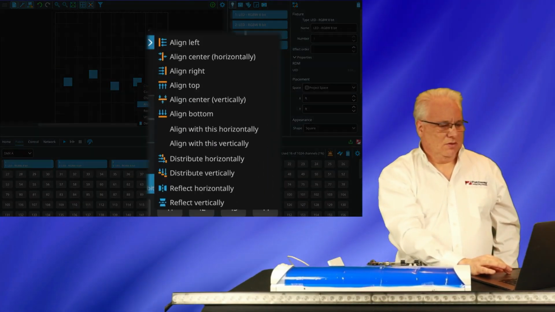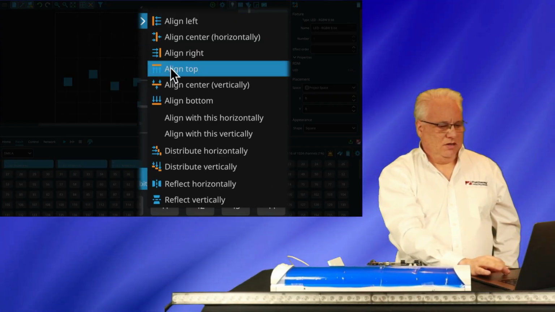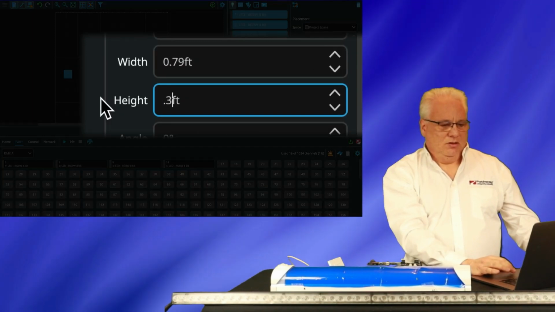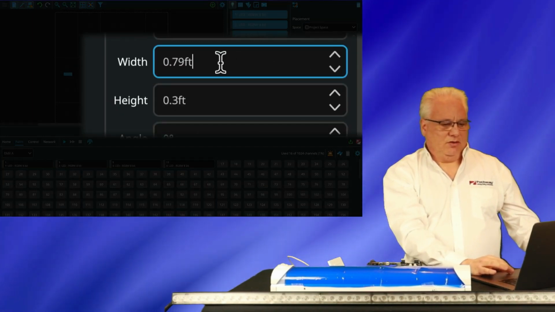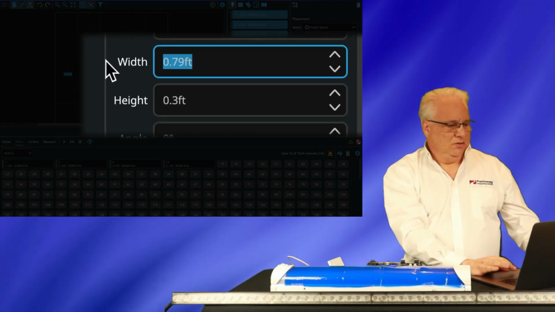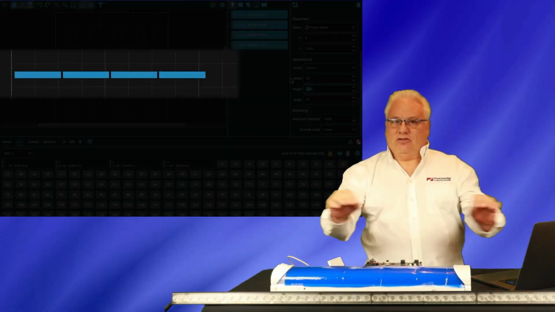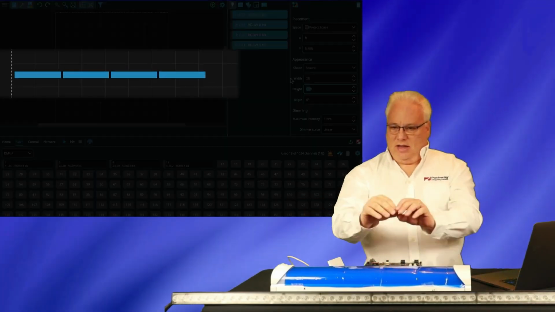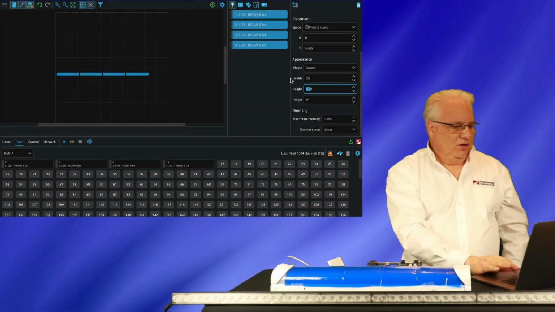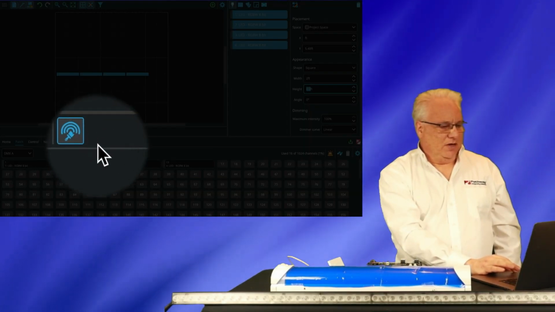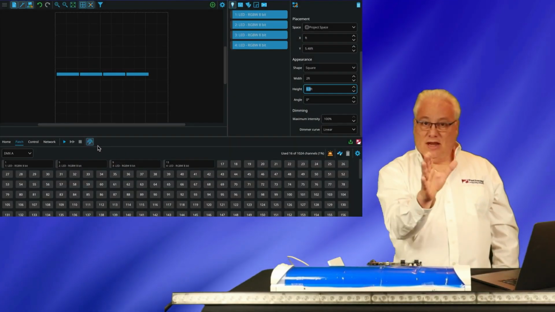So I will align these to the top. I'll change their height to 0.3 of a foot and their width to 2 feet. Now that is starting to look more like my linear fixture. So if I want to see this simulate, I will press this button and I will get live DMX going